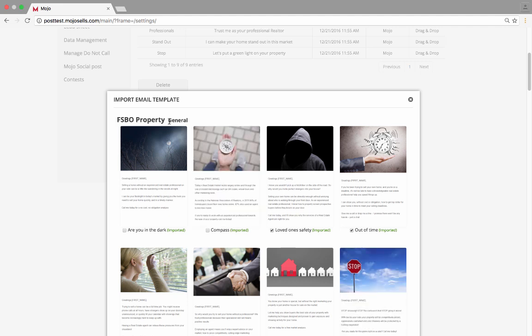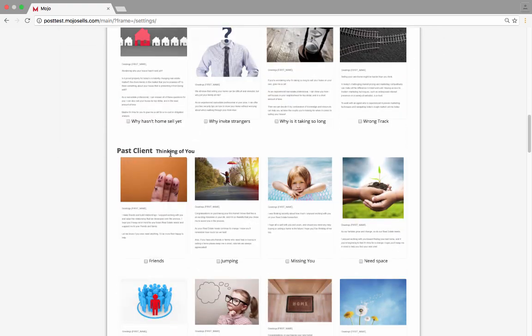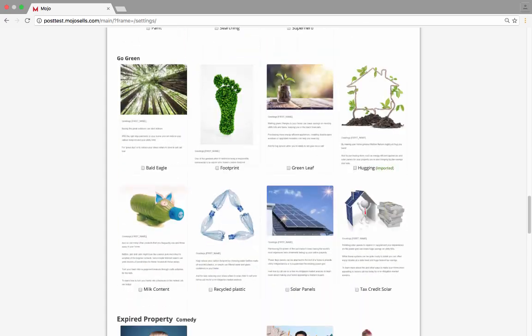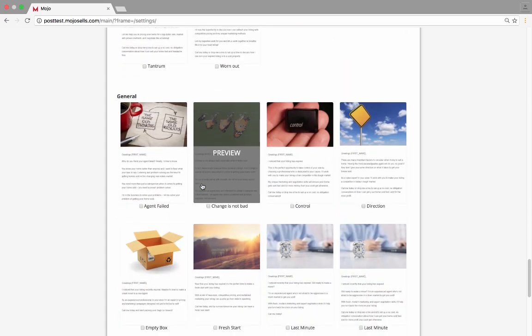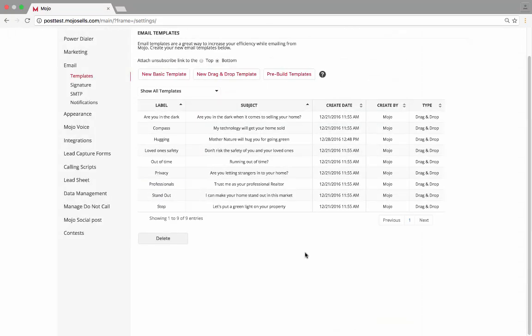So I've got FSBO property, and the theme is general. I have past client, theme, thinking of you, past client, neighborhood expert, go green, expired property, comedy, expired property, general. You get the idea. So we have something for everybody. So we hope that you guys can take advantage of those and start sending those out to your database. All right, so